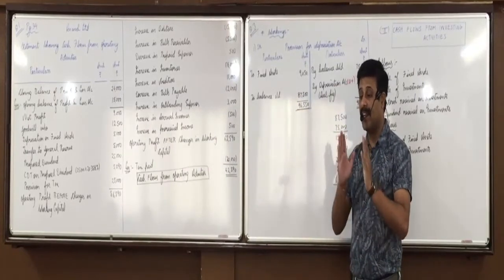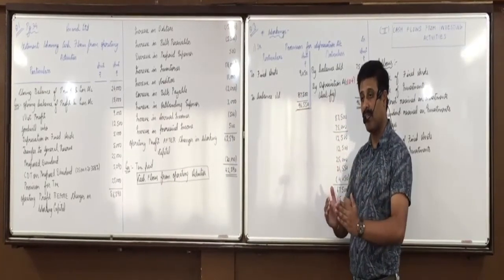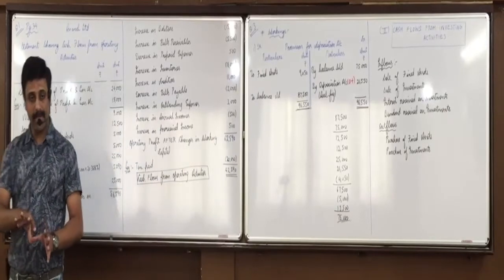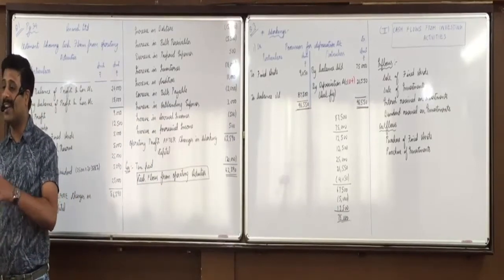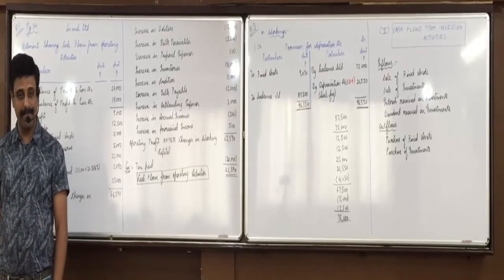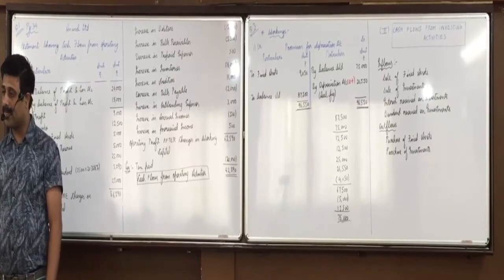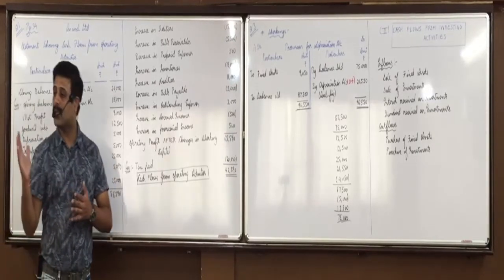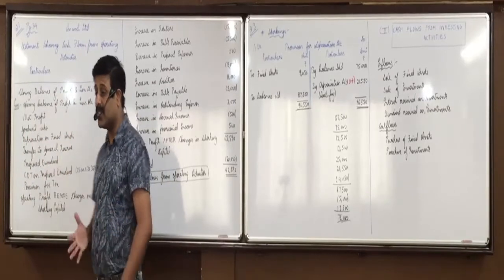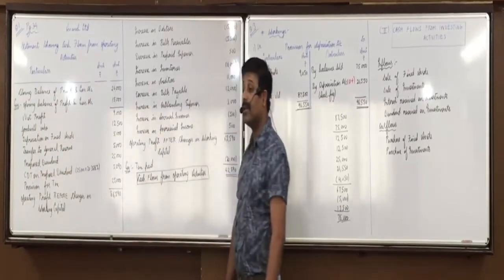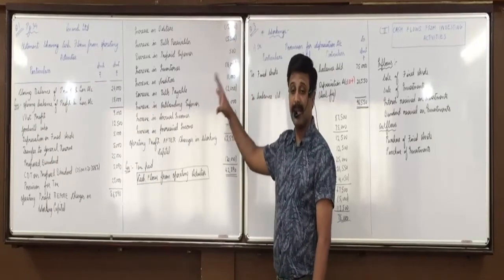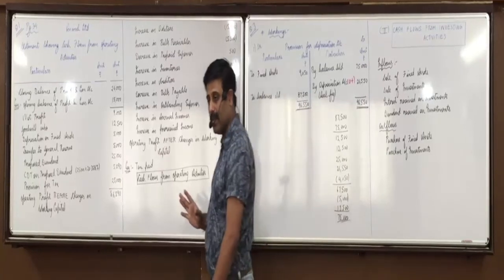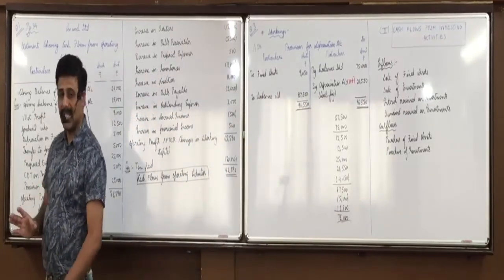For 15 marks, we'll have a fund flow statement or a 15 marks cash flow statement. If you do the cash flow statement first, and the fund flow statement later, you'll find the fund flow statement easier, because the workings are already practiced. Suppose I had done this chapter first, then maybe this would have been a total bouncer for you today. Whichever chapter we do second, generally people find comfortable. But it's nothing like that. Both chapters are equally easy.